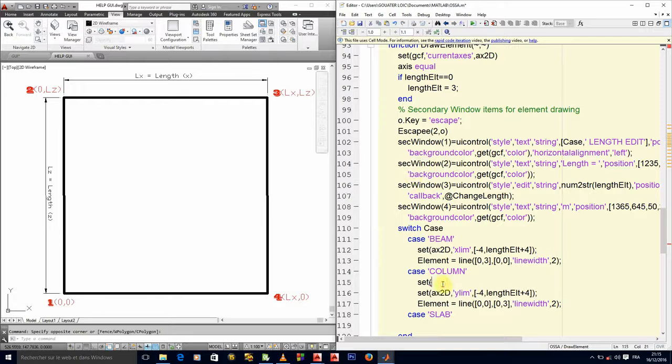It is sec window of 2 that has a handle to that particular text, okay? We will set its string property to what? Not to length equal to, okay, but to height equal to. We'll set it to height equal to, right? So let's try.